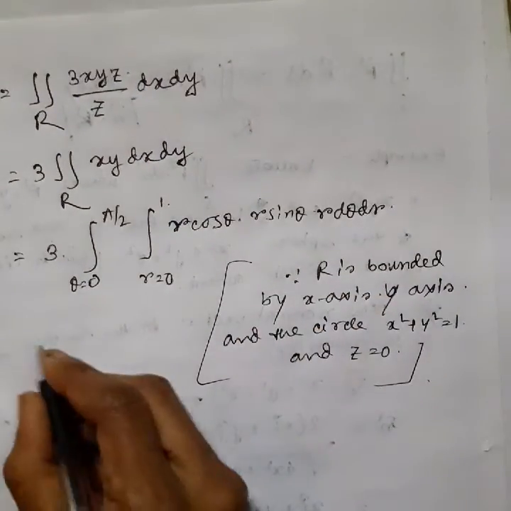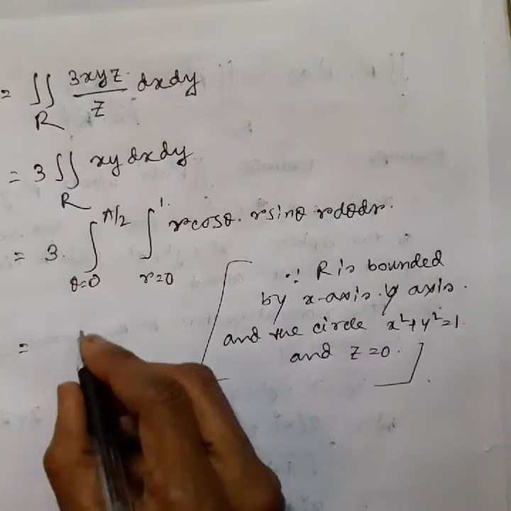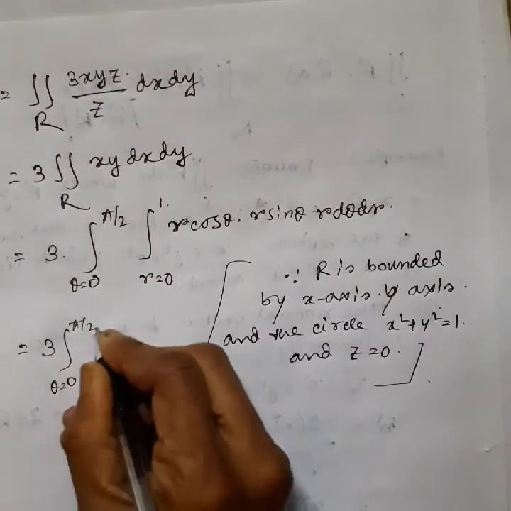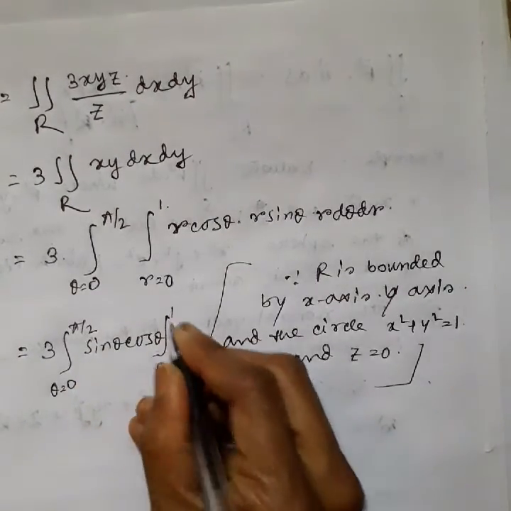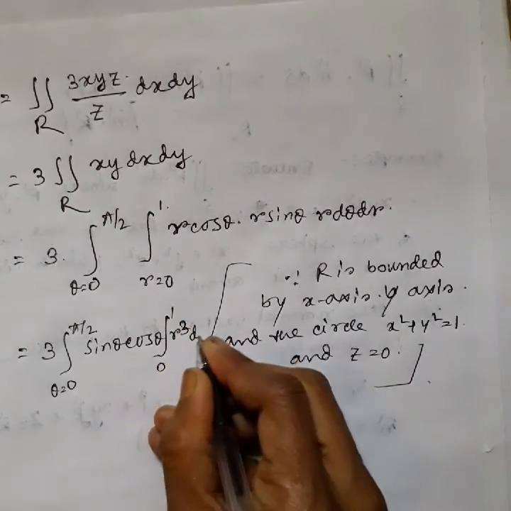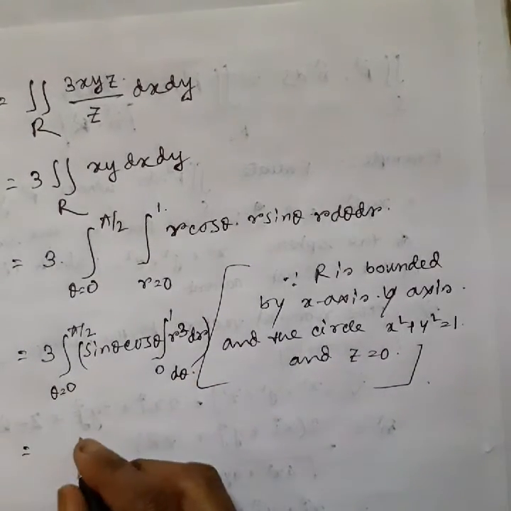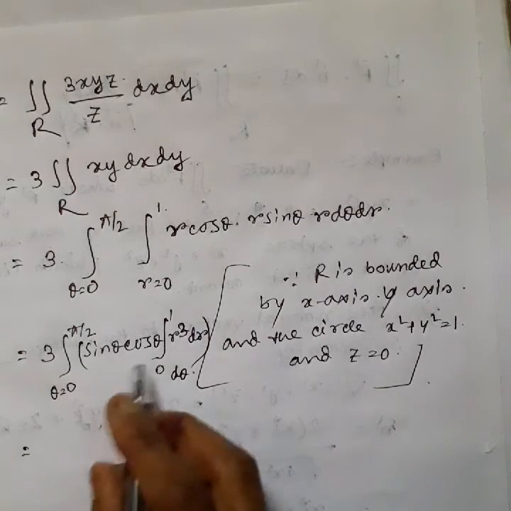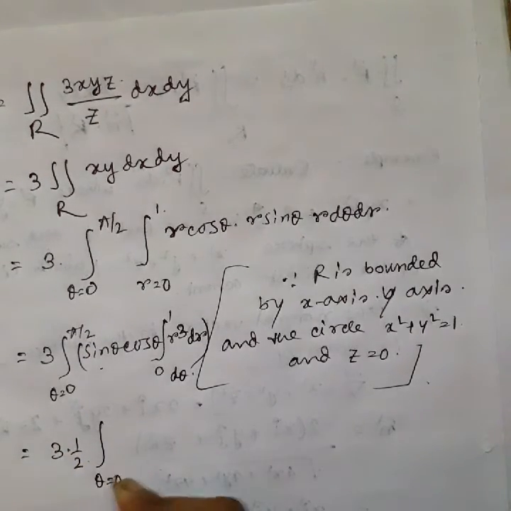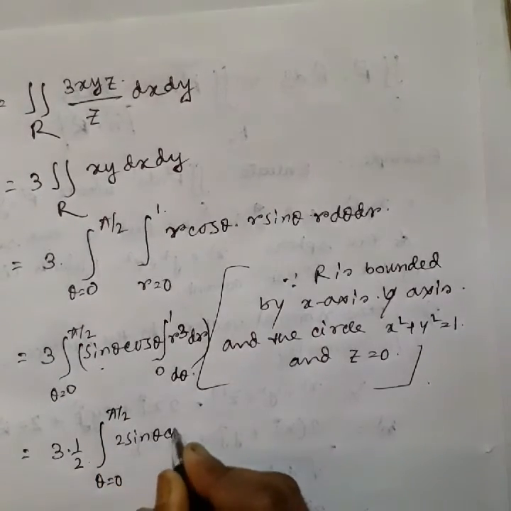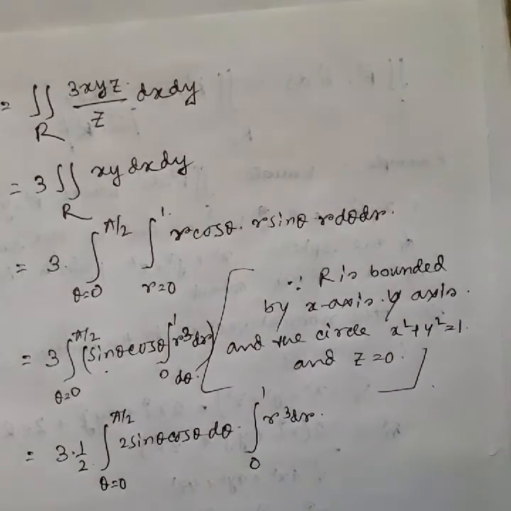Okay, so from here this is 3 into integration theta is equal to 0 to pi by 2 sin theta cos theta into integration of 0 to 1 r cube dr d theta, that is equal to 3 into half integration of theta is equal to 0 to pi by 2 sin theta cos theta d theta integration of 0 to 1 r cube dr,